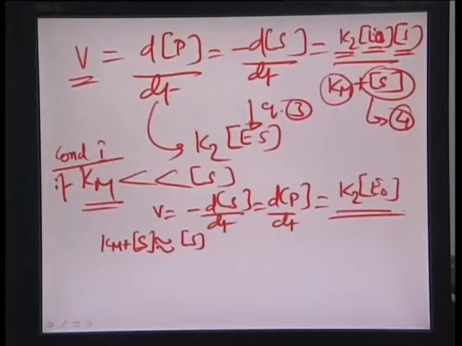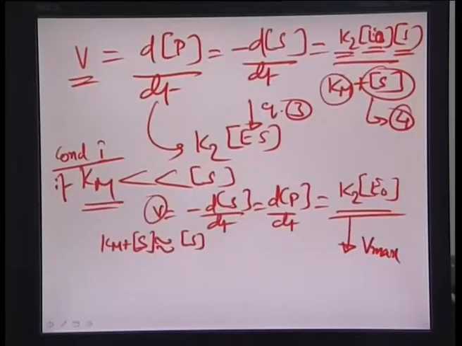So therefore it is really a case where the velocity of the reaction V is proportional to the concentration of the total enzyme E0 that had been given at the very beginning of the reaction, when the enzyme substrate complex was just about to get formulated. So therefore this is also known as the maximum velocity, Vmax, okay. So we call this the maximum rate of the reaction, or Vmax,